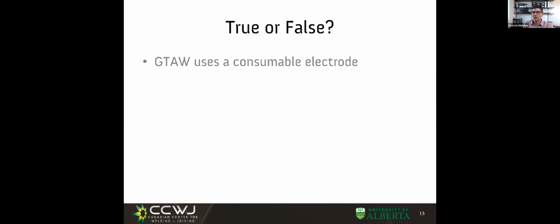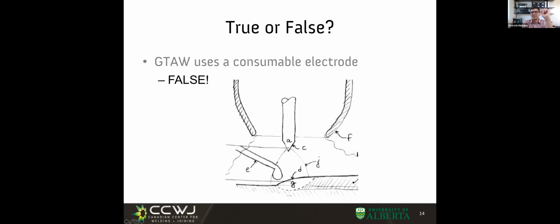Okay, a very quick question before we move on. TIG uses a consumable electrode. True or false? Yes, thank you. False. It's false. Funny enough, eventually you have to replace the tungsten electrode. So some people could argue it is a consumable because in the end you consume it. But this is called